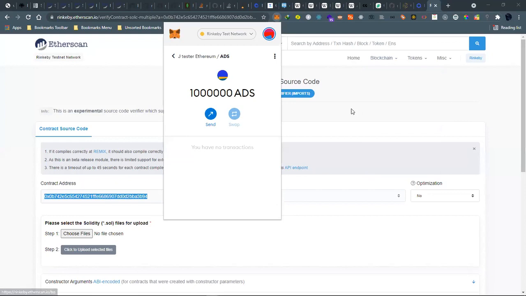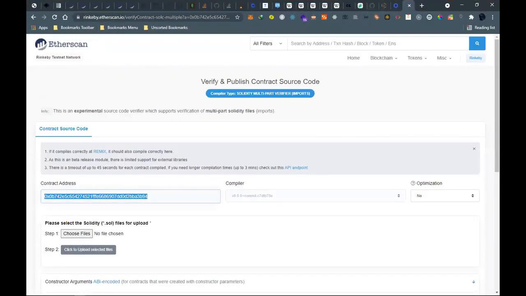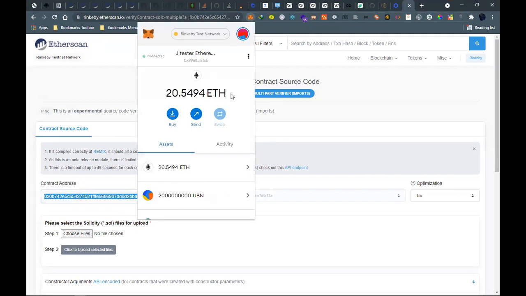So let me stop, and then we go to the other screen because this one is a bit bigger. Which screen am I sharing? Oh, it should be two. Yeah. So as you can see, we have actually created our coin, and we have ADS here.